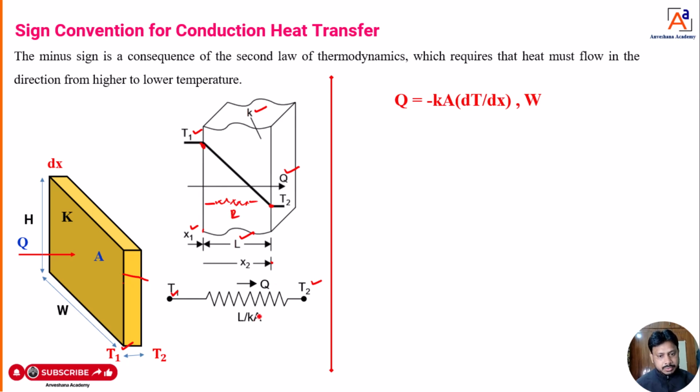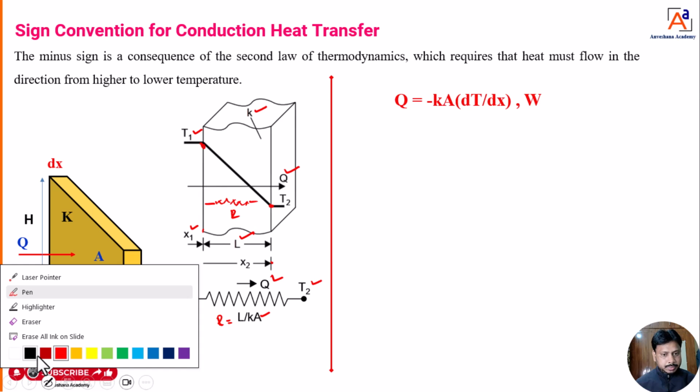Then heat is moving through the thickness of the metal plate, and there is some resistance. That resistance I am going to mark here now. That resistance is R, and the value of R is equal to L divided by kA, dear students. Then heat is moving in this direction from T1 to T2, so I will mark it as Q, dear students. Then one thing you can observe, dear students, when the heat is moving